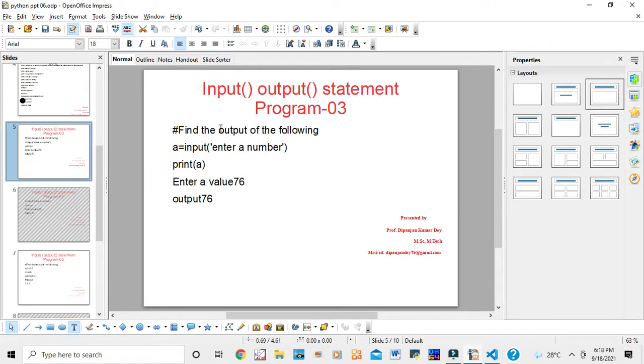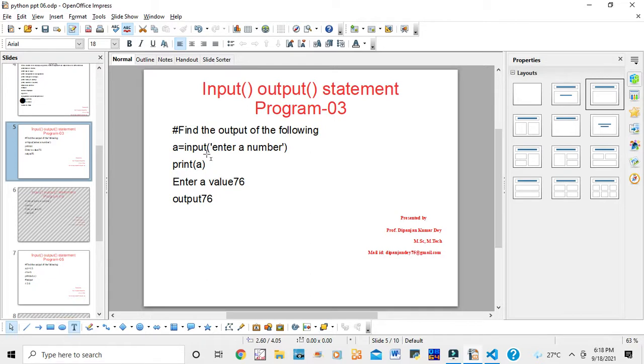Find the output of the following. A equal to input, enter a number. This is an input output statement. Here A is a variable. Then print A. Enter the value, that is 76. You can see the output.